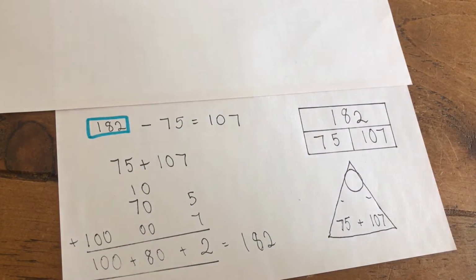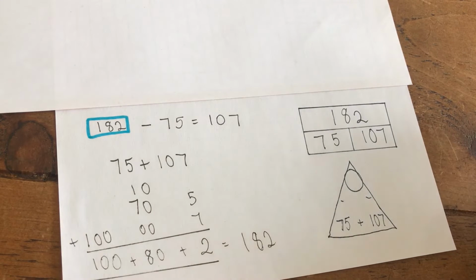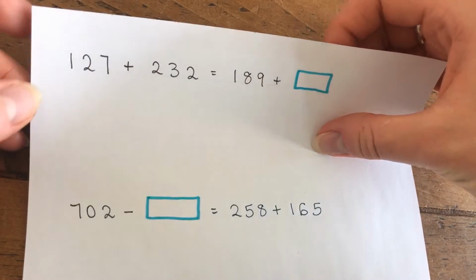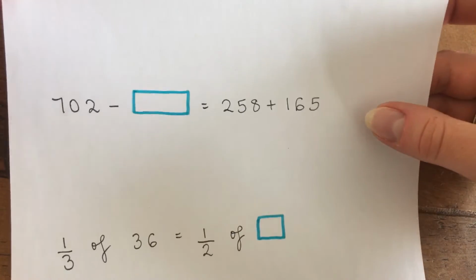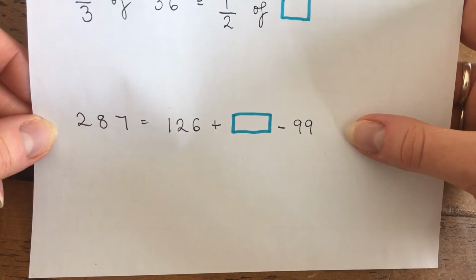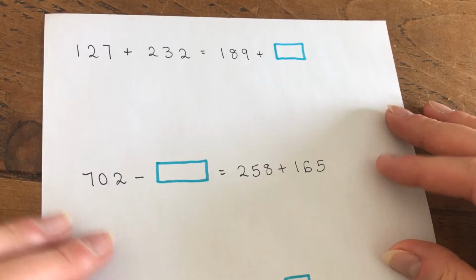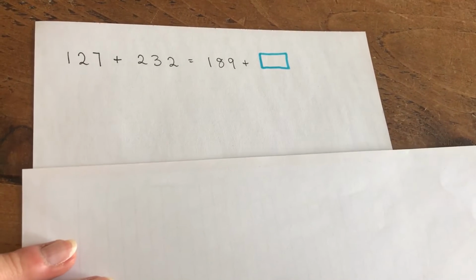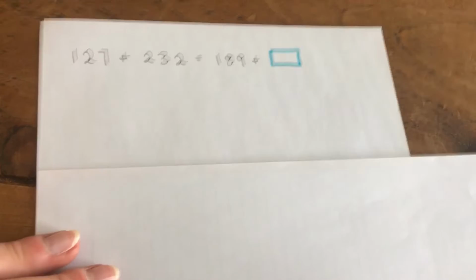And hopefully if you were feeling less confident as we worked down, you were feeling more confident as we moved along. Now we're going to have a look at 4 more questions together today, and these are balancing problems. So get ready for a bit of balancing. So I have 4 balancing problems here we're going to work out. I've got this one at the top, I've got this one, this fraction one here, and this tricky one at the bottom. We're going to work through them one at a time, just like we did with the other sheet, and between each turn you're going to work it out along with me